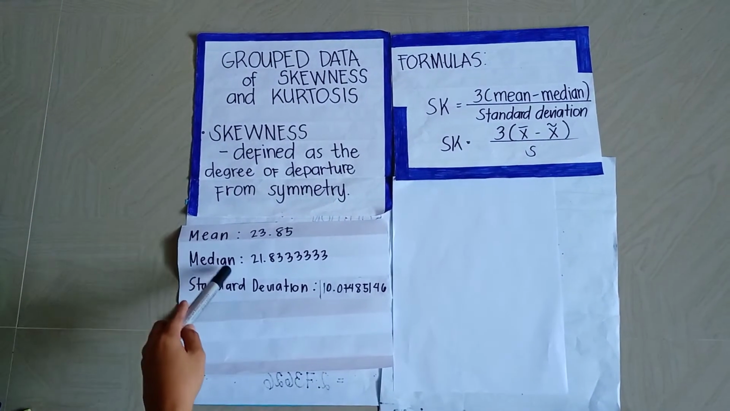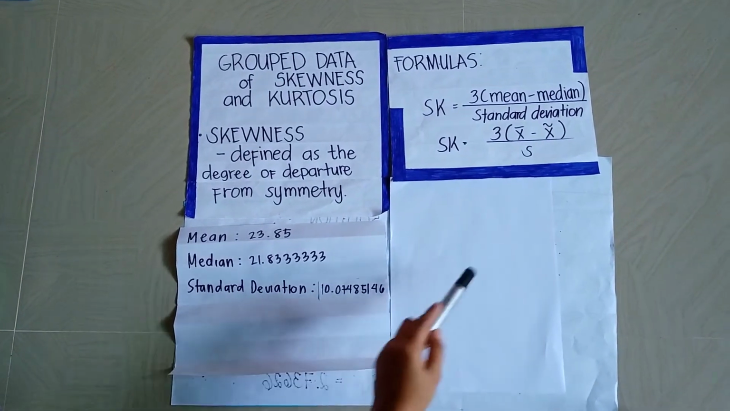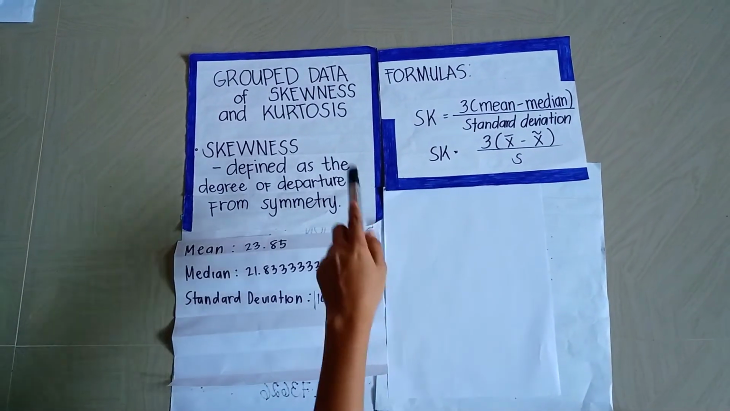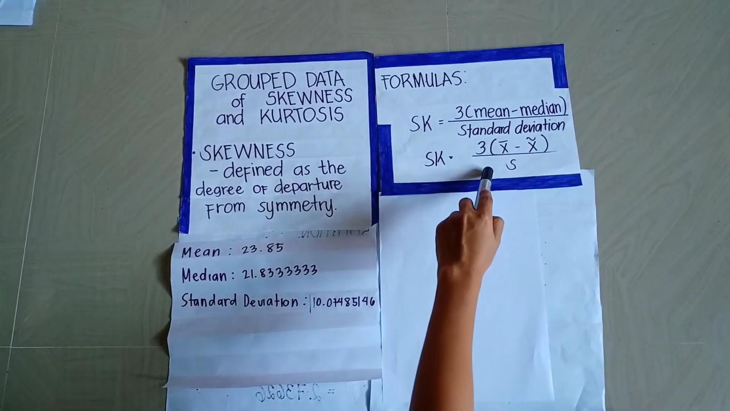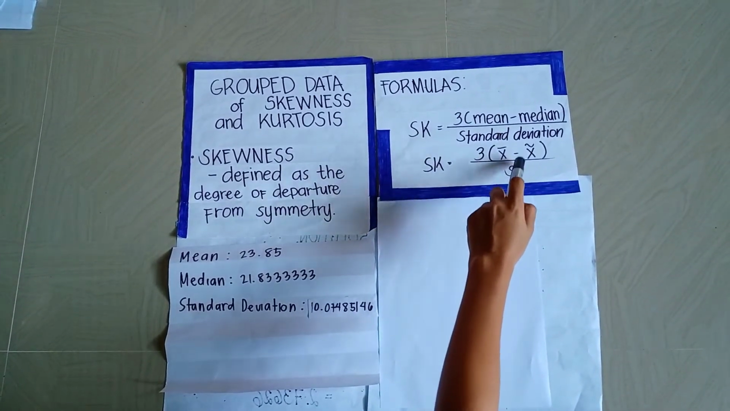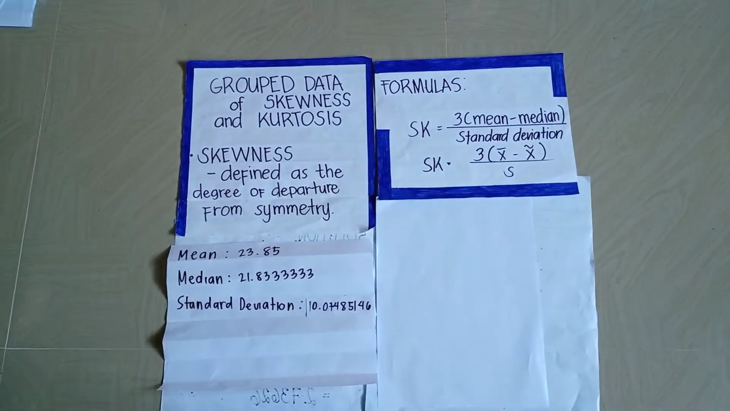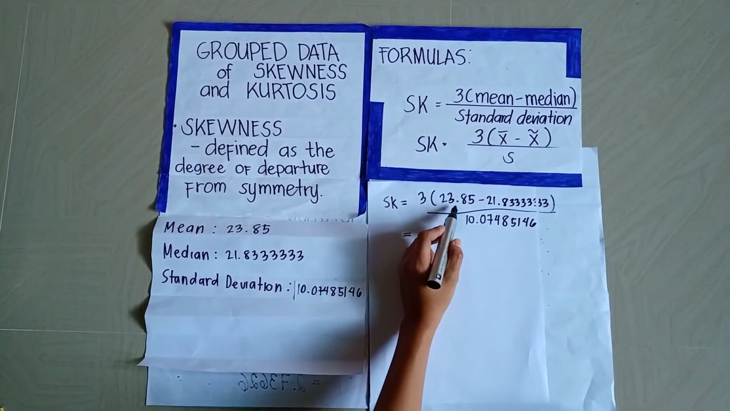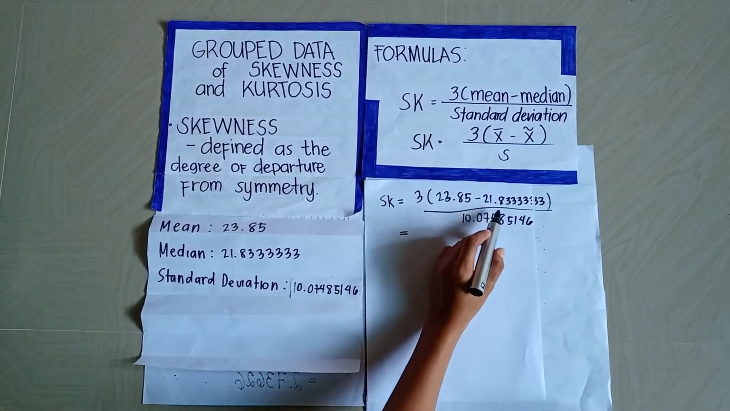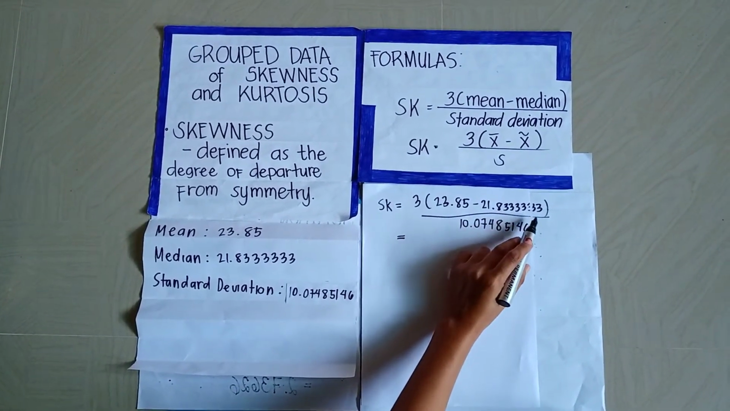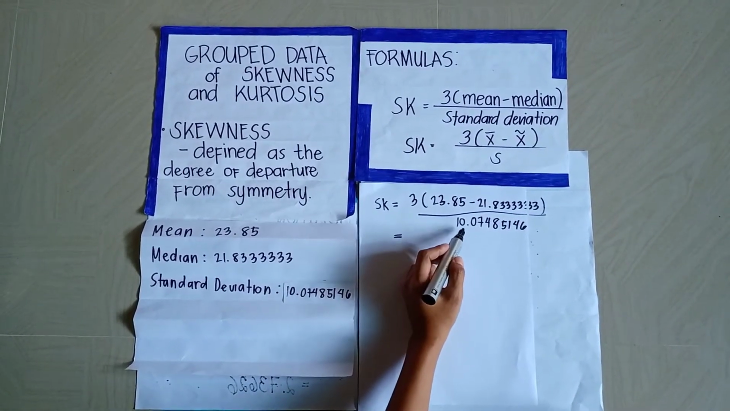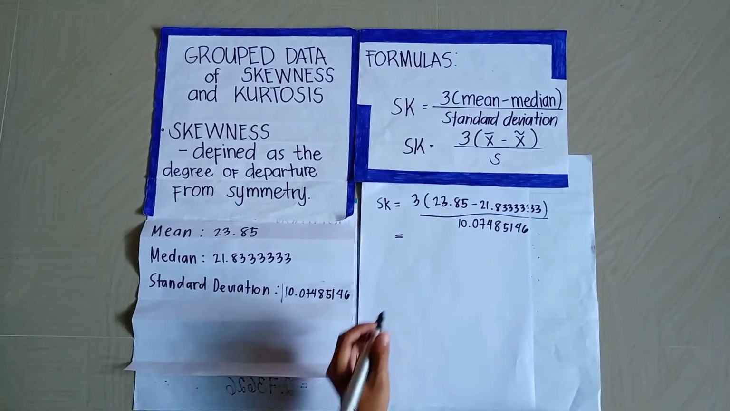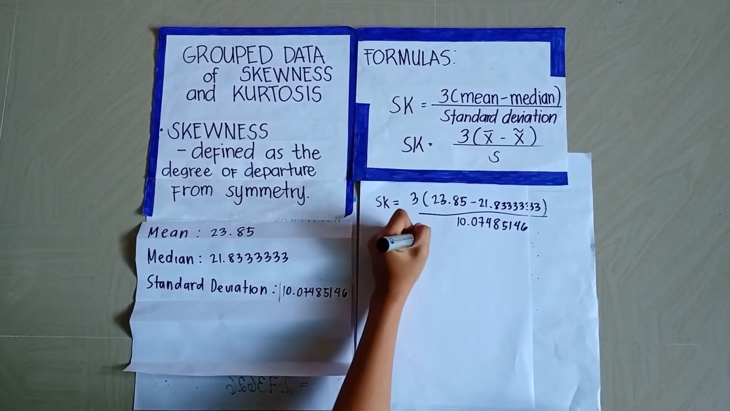After we get the mean, median, and standard deviation, we can solve now the skewness. The formula of skewness is equal to 3 times the quantity of mean minus median over standard deviation. Skewness is equal to 3 times the quantity of mean, which is 23.85, minus median, 21.833333, over standard deviation, which is 10.0748514, is equal to 3 times the quantity of